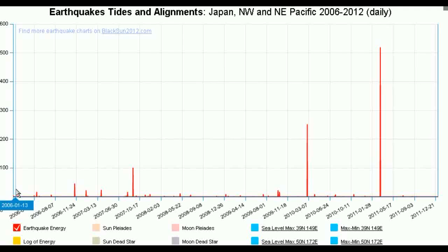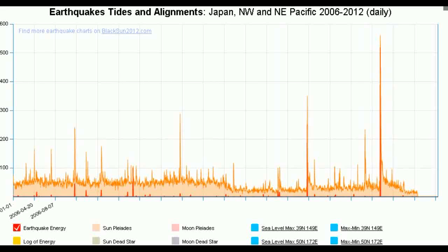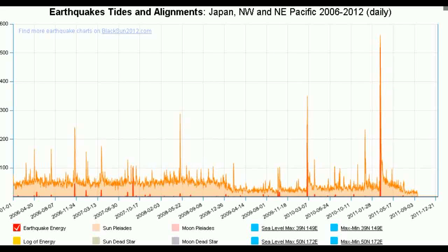Okay, what you're looking at here is a chart showing earthquakes since the beginning of 2006. This is the earthquake in Chile on February 27, 2010. This is the earthquake in Japan on March 11 of this year. These red lines are actually the absolute energy released on the day, and now we're showing, as well as that, the number of earthquakes that have occurred. As you can see, at the beginning of 2009 there was a big drop off in the number of earthquakes, and of course after the Japan earthquake there's been a very steep decline in the number of